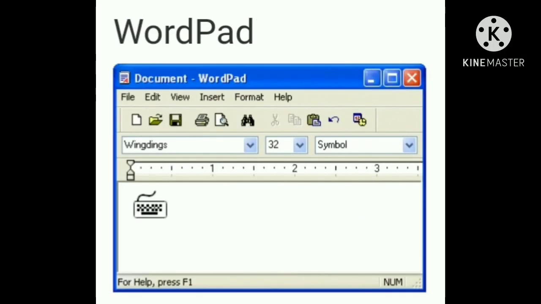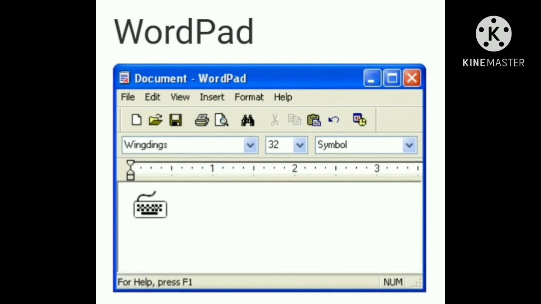WordPad. Microsoft WordPad is a free rich text editor included with Microsoft Windows 95 and later. Earlier than Windows 95 there used to be an application called Write for the same task, although capable of doing much more than Notepad. WordPad is not as advanced as Microsoft Word.